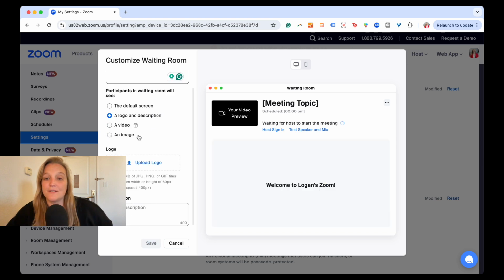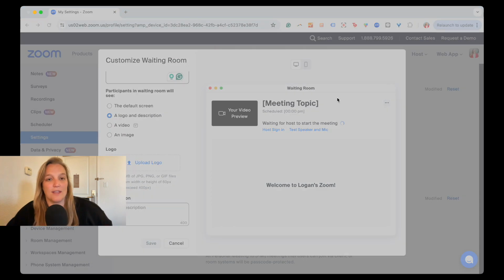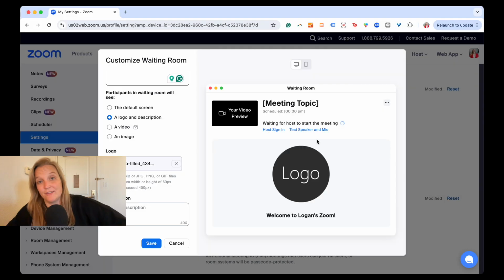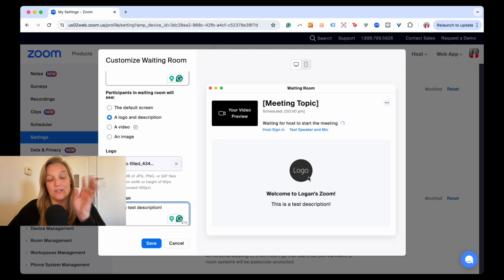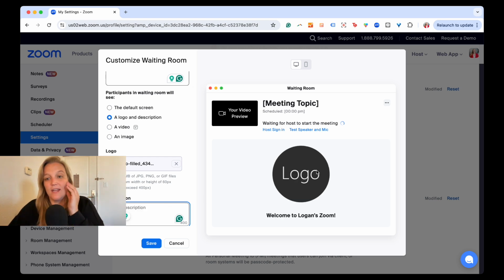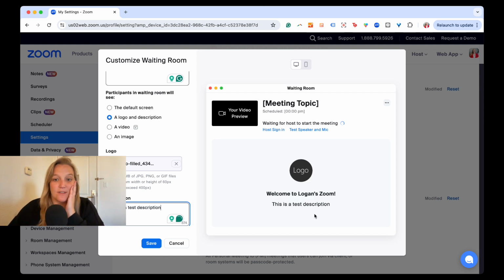You can also select a logo, which I think is such a fun idea. Very creative here with my sample logo. You can also enter a description, this is a test description. The cool part here, and what you just saw, is Zoom does auto size it. So if I take away my description, it's just my logo nice and big with the title of my Zoom room, which again, you could make your company name. You could really make it anything, or you can add in a description and it'll just make it nice and